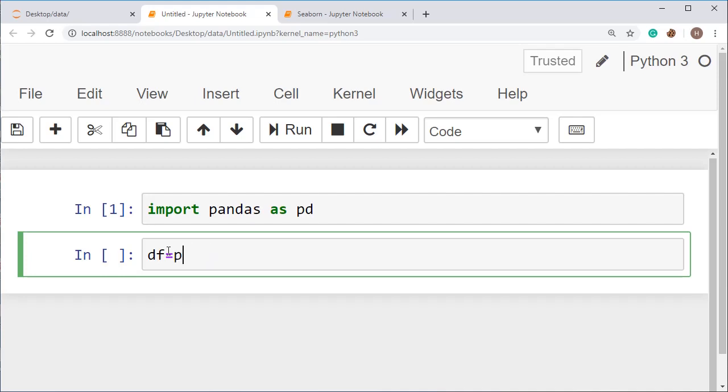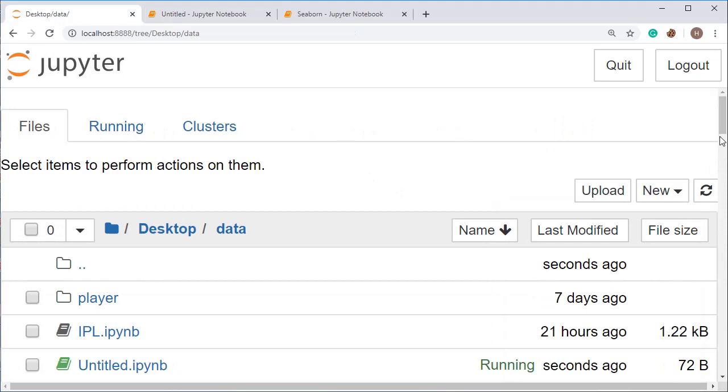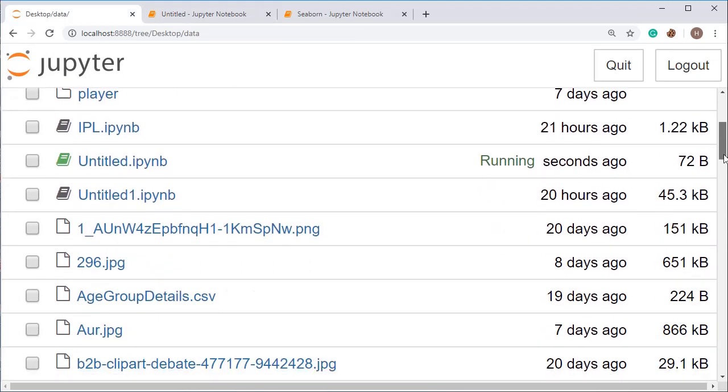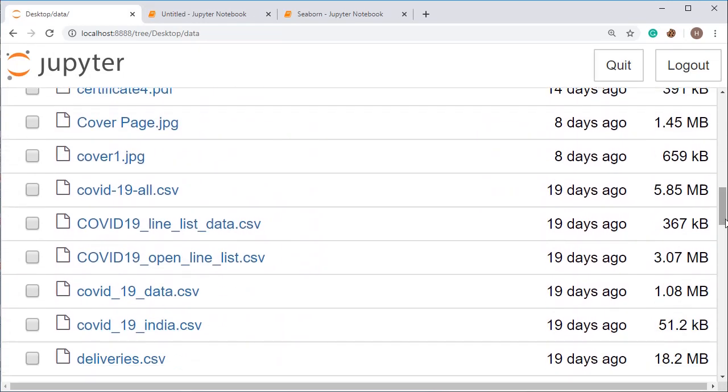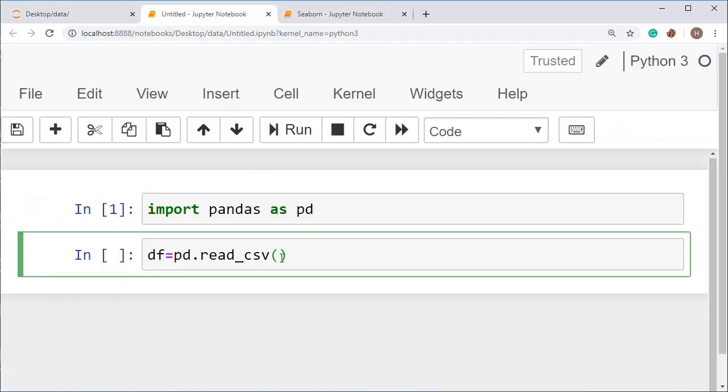You have to use pd.read_csv and pass the name. I have CSV files here, COVID-19 CSV, and you can also see here we have deliveries.csv. So I'm going to load deliveries.csv.